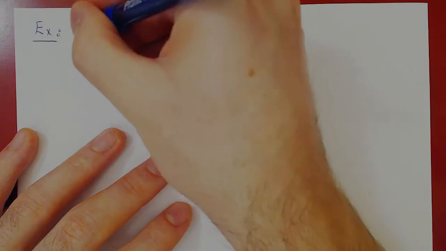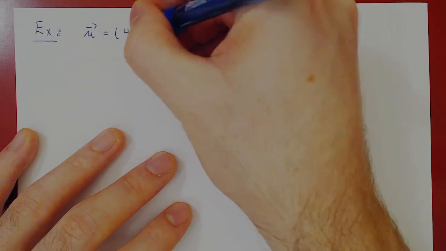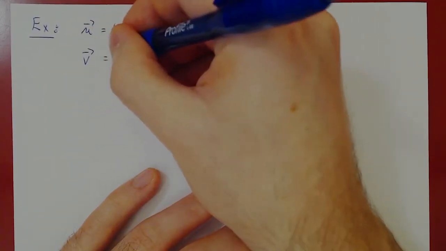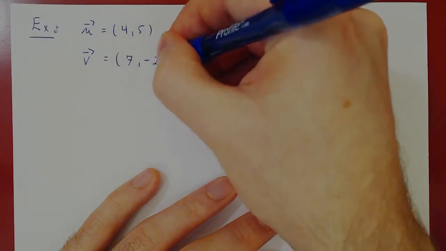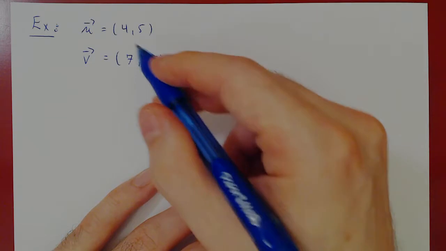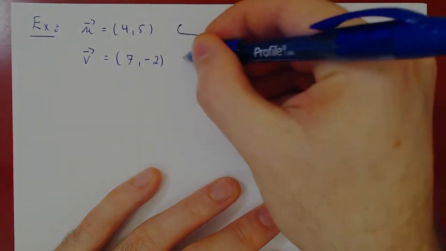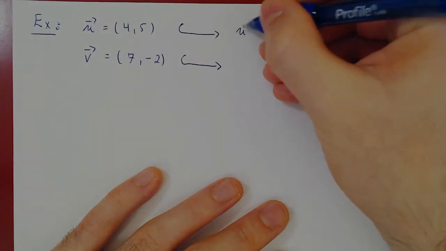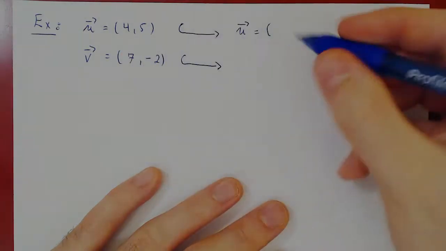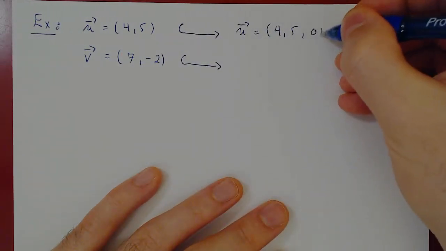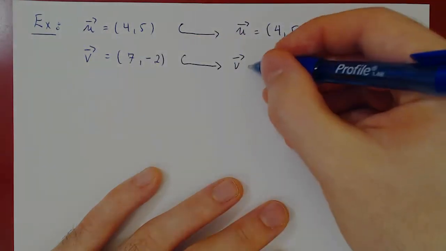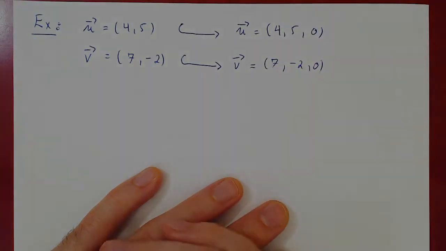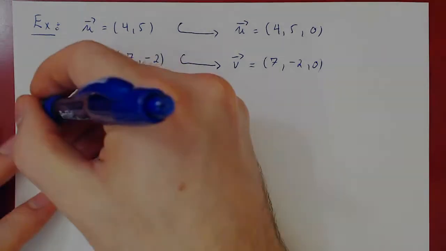Suppose we wanted to cross the following two vectors. U is the vector (4, 5) in R2, and V is the vector (7, -2). If we leave the vectors like this, we can't cross them, but if we embed each vector in R3, and here I will abuse notation, I will rewrite U again, if we view U as a vector in R3, it is the vector (4, 5, 0). And if we view V as a vector in R3, it is the vector (7, -2, 0). And now that we have vectors in R3, we can cross these two vectors. So U cross V,